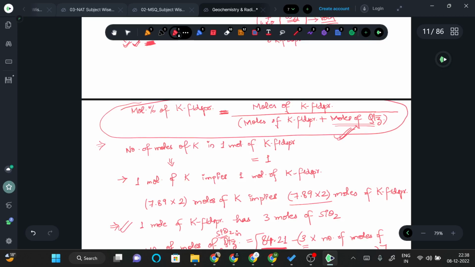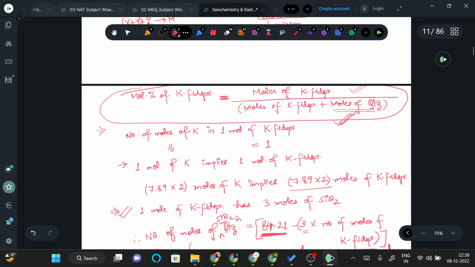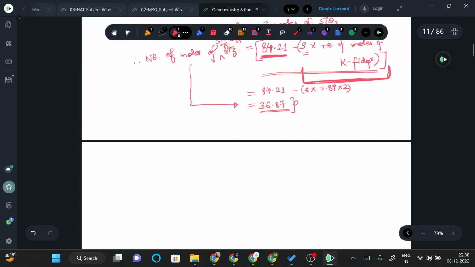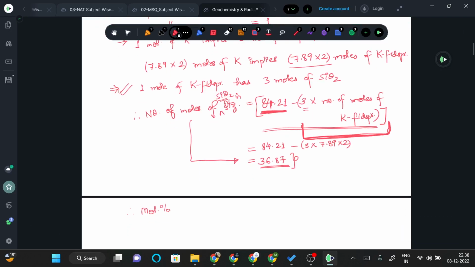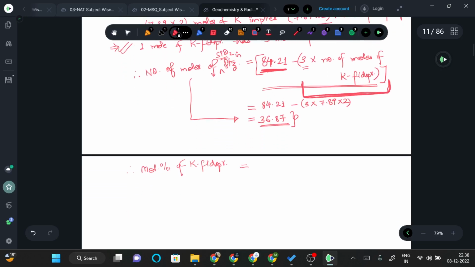Mole percentage of K feldspar is equal to, what we have got, moles of K feldspar divided by moles of K feldspar plus moles of quartz, right? So now we will have, therefore, mole percentage, here it was mole percentage of K feldspar, number of moles of K feldspar